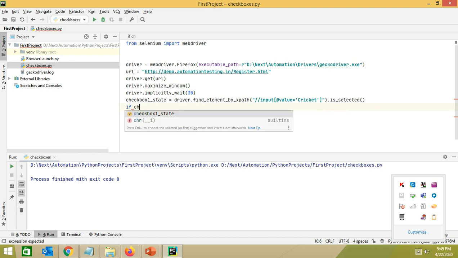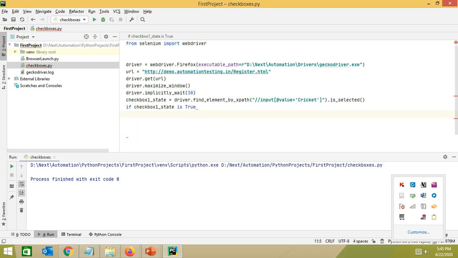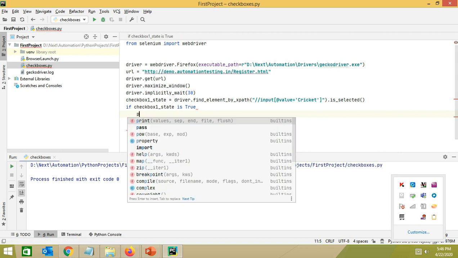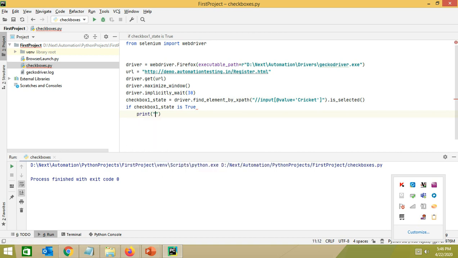So we'll apply some if condition. If checkbox state is true, we'll print cricket checkbox is selected.